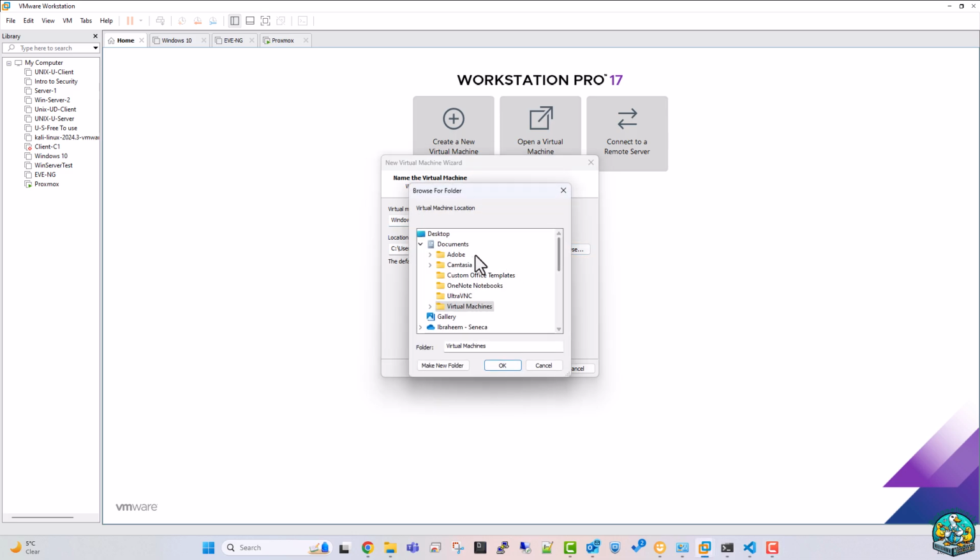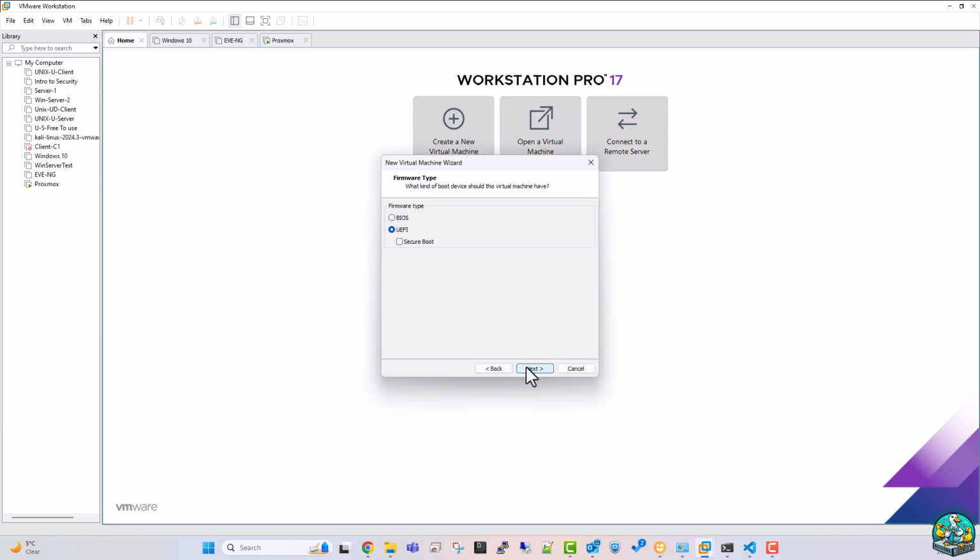Okay, and then we select where we want it. So I will go on this PC, D, application, and then I have created a folder Windows 2019 test. Okay, next. Okay, UEFI, we keep this one. Next, number of processors, I'm just gonna keep it the same, give it 2 cores. Next,